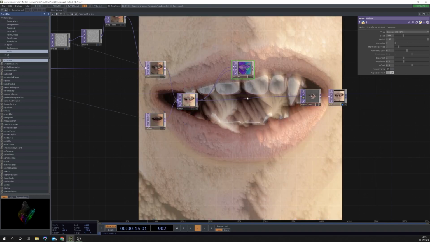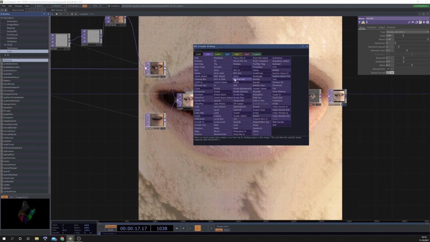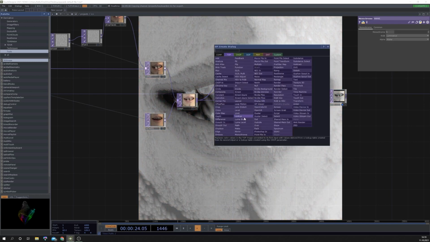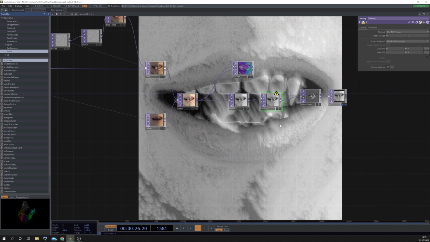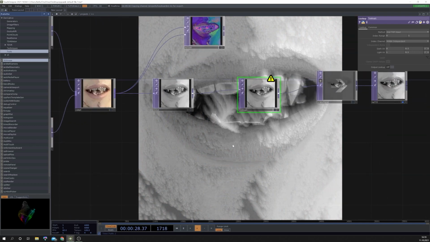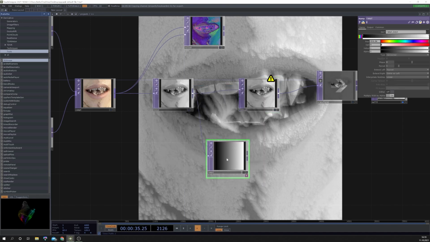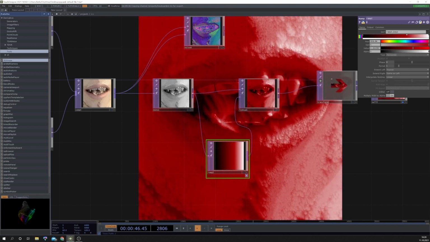But another thing we could do is just insert a monochrome. Where is it? There it is. And then after that a lookup. So if you want more control over the colors of the ink trails, we can bring in a ramp. So I'm using this one as the input for the ramp, so it has the same resolution. And then I'm using this as the second input,